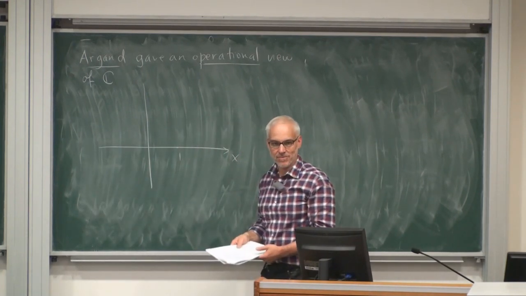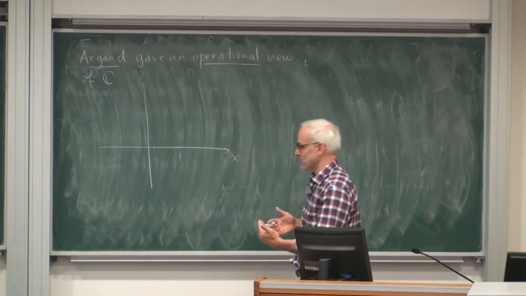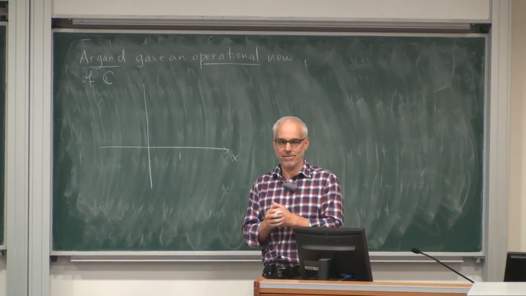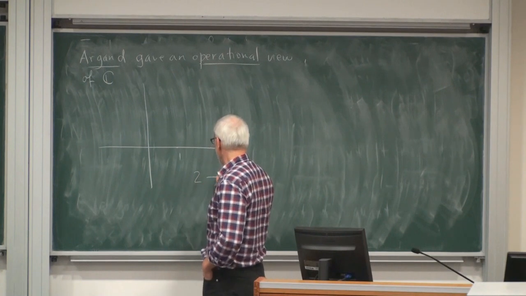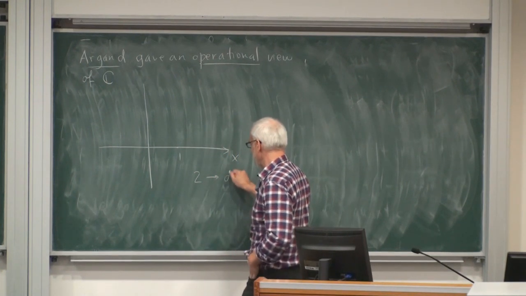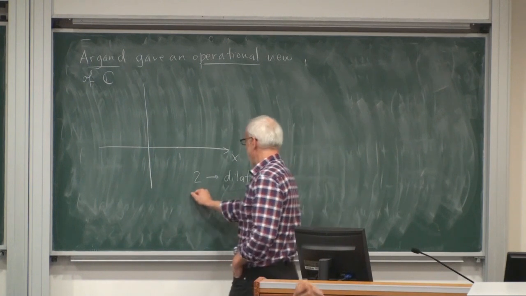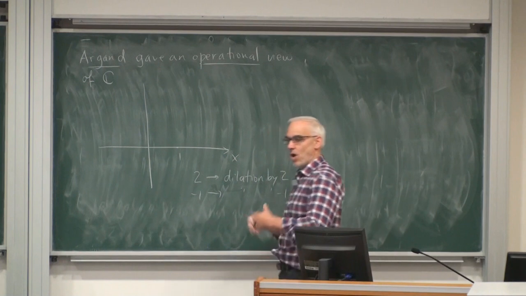That's very familiar. A somewhat less familiar way of thinking about ordinary numbers is to think of them as dilations of the line. So if you think of number 2 as sort of being represented by dilation by a factor 2, or minus 1 being dilation by a factor of minus 1,